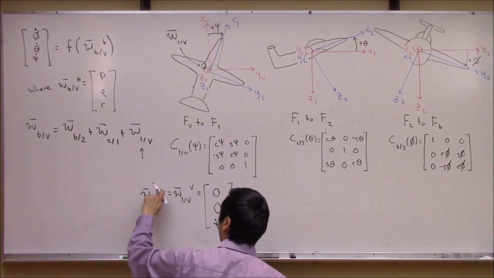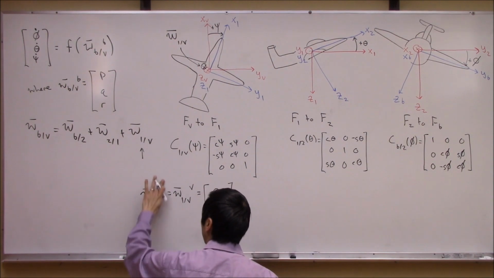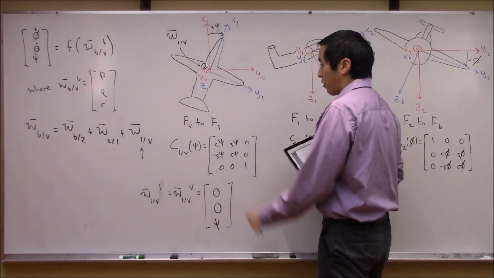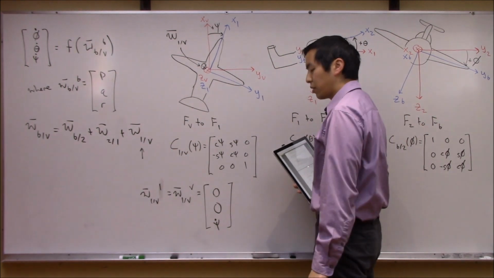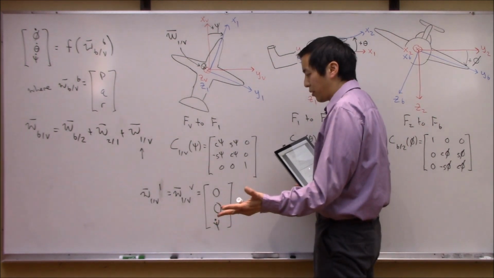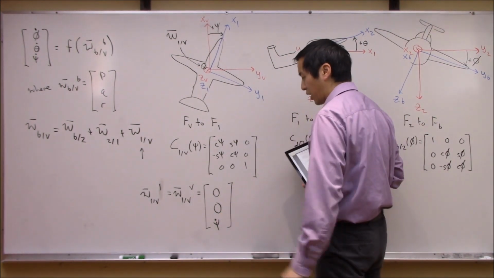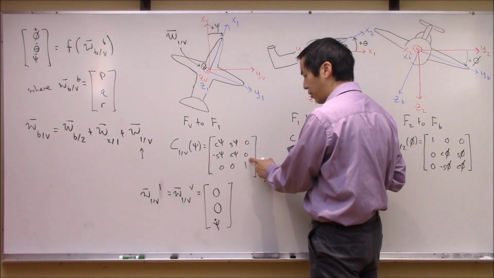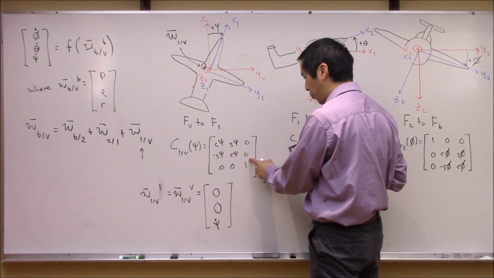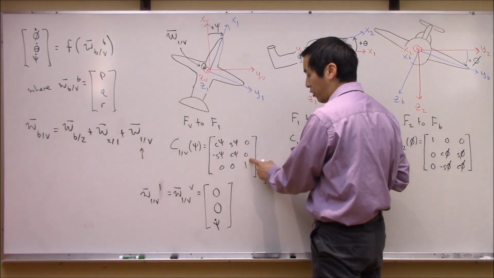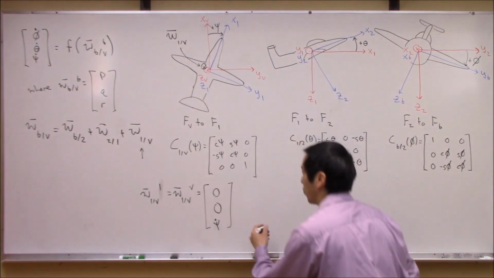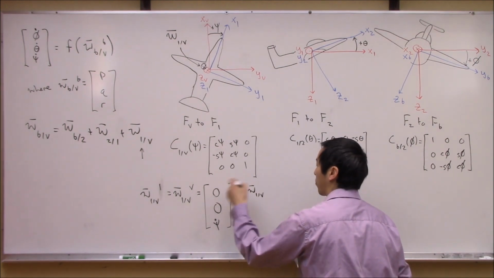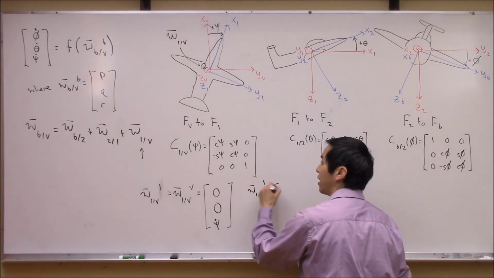It doesn't matter which frame I choose to express these in, because they both share the same z-axis. So there's no rotation, really. Both of them can be expressed in this fashion. If you don't believe me, here's a rotation matrix. Maybe it's worth 30 seconds to multiply out to make sure that I'm not pulling your leg. So we said omega 1 with respect to v expressed in the 1 frame,